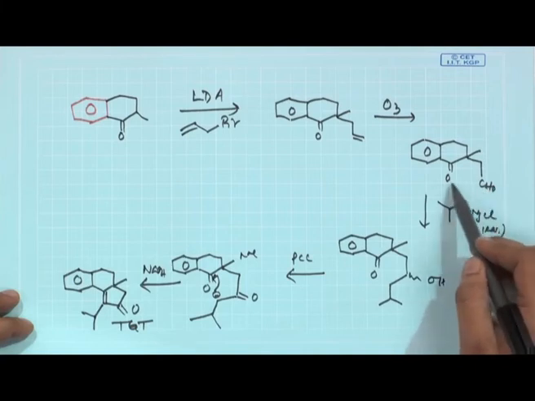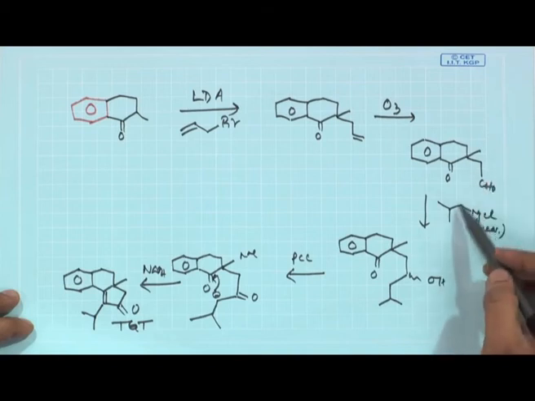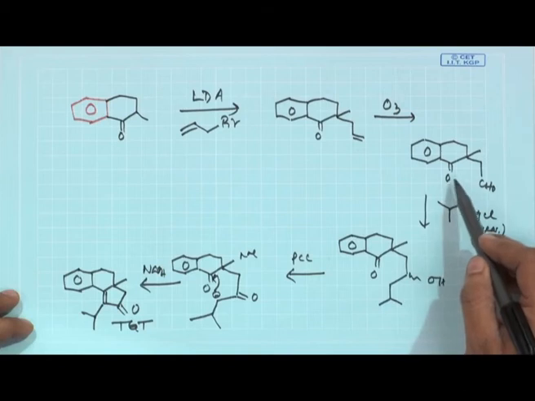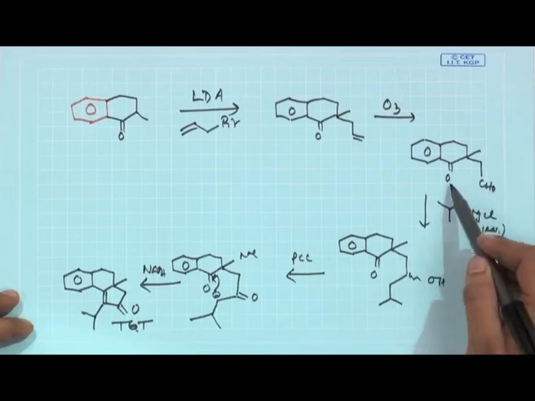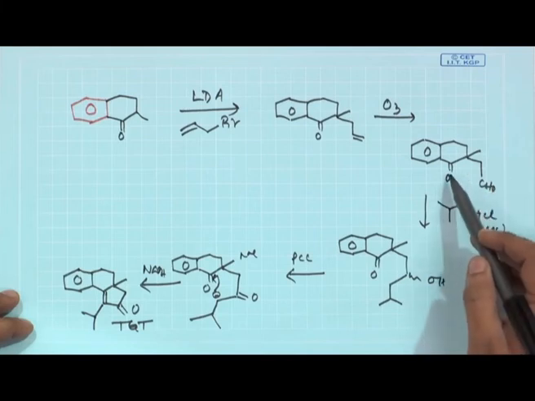Now, here in principle we should do a protection, but that will definitely increase the number of steps. So, what we did, we said that aldehydes are much more reactive than the ketone. So, you can control the activity of the aldehyde by using stoichiometric 1 equivalent of Grignard,